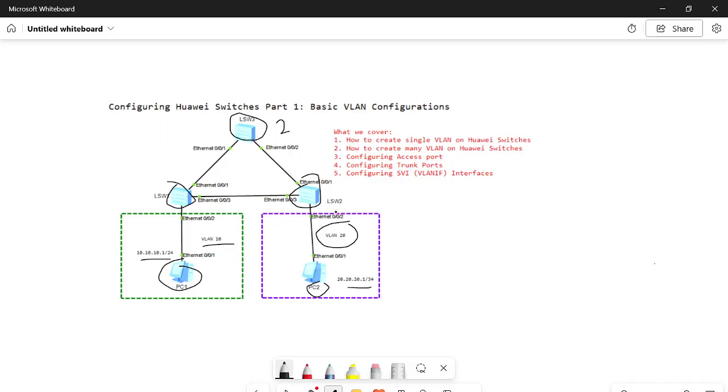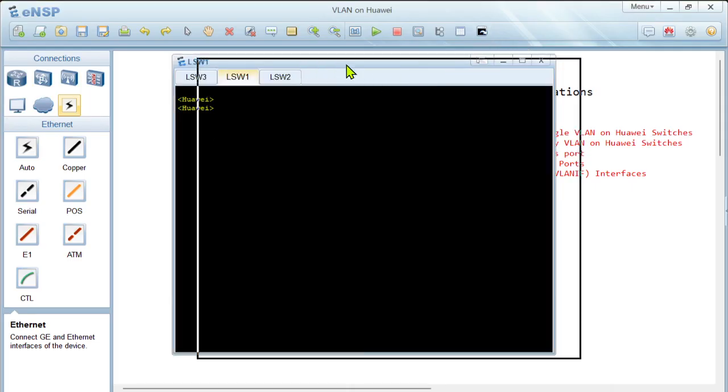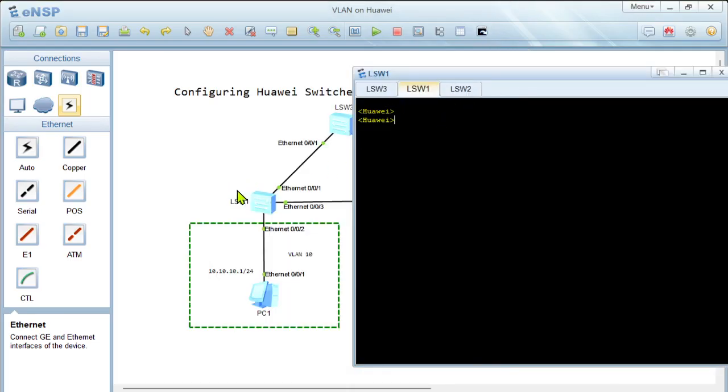Between the switches, we'll be configuring trunk ports, and then we need to test the connectivity and ensure that PC1 can reach the gateway, and PC2 can also reach the gateway. So this is just a simple lab to demonstrate to you how to do basic configurations of VLANs on switching devices. So this is the setup on eNSP, and let me open the CLI. So starting with switch 1,